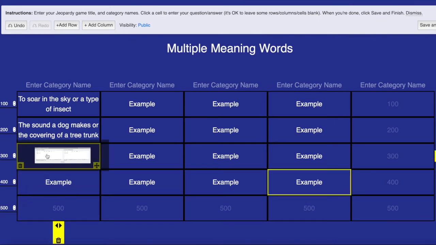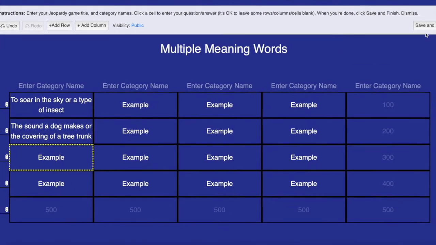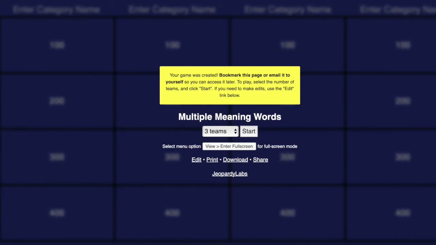If you need to edit one of the blocks, you can just click and make your changes there. Once you're finished, you can select Save. Then you can copy the URL link in the address bar and save it for yourself to access later. You can also click to download and save that for later use, or you can start playing right here from